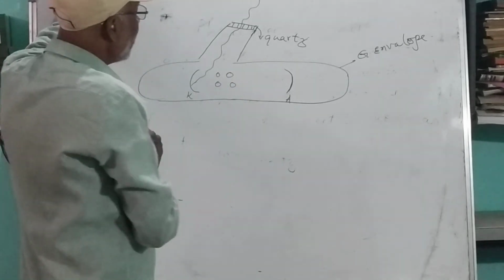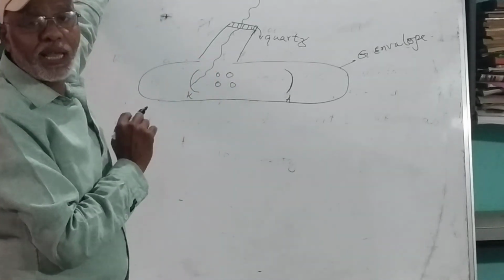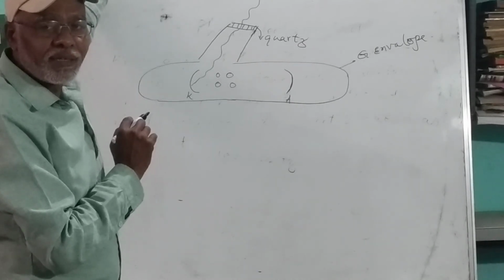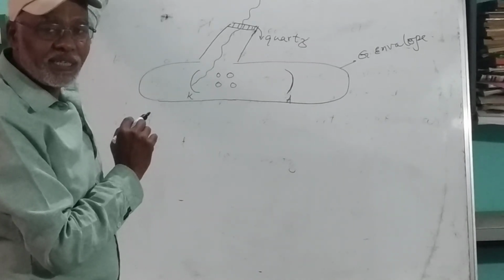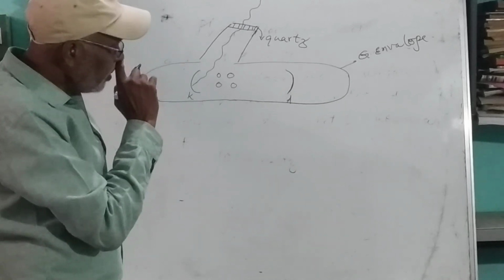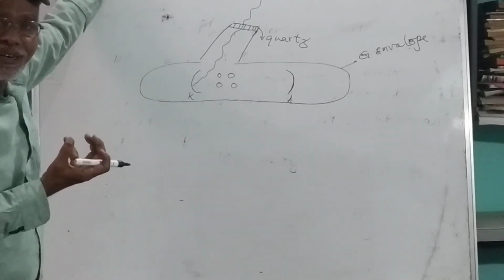In order to move these electrons towards the anode, you require an electric field. That positive